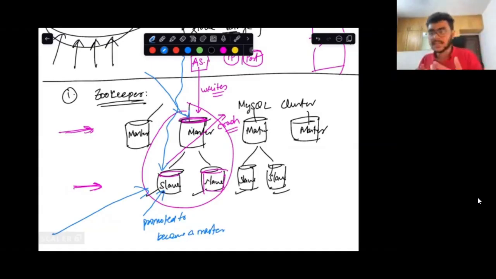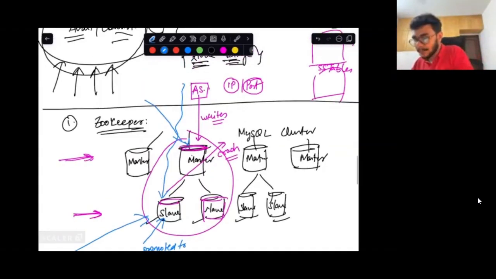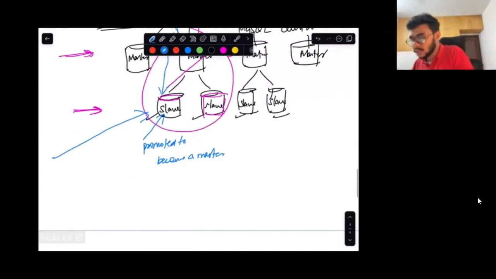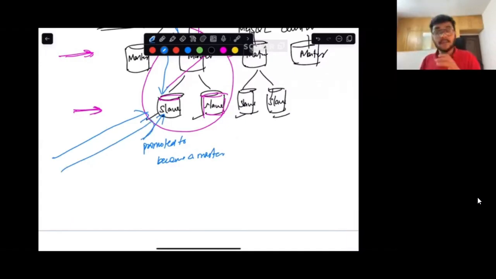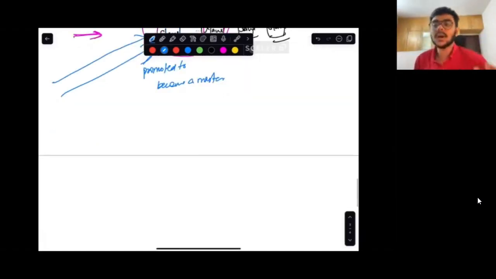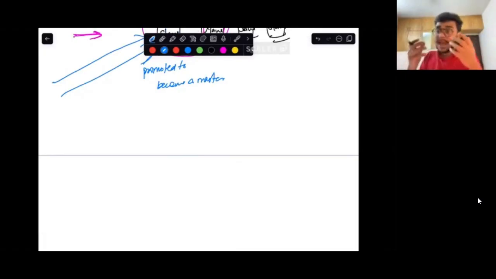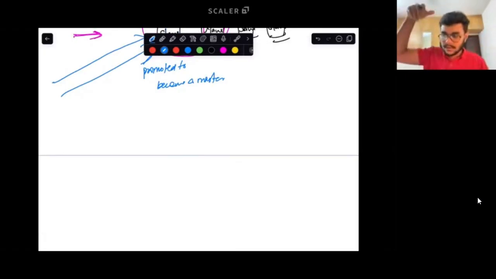But this information, how does my write query from the application server know that my writes have to be served by this slave database now? We did not discuss that. Is everyone on the same page? Like the problem that I'm trying to present over here is that we have not discussed what happens if a slave was to be promoted to a new leader. In that case, how will we ensure, by we I mean any system that wants to perform writes to this specific master database, how will it know that it now needs to send the writes to the new master database? We have not discussed that problem right now.